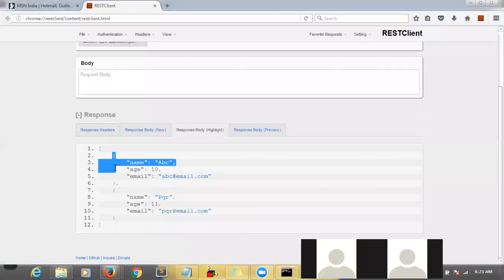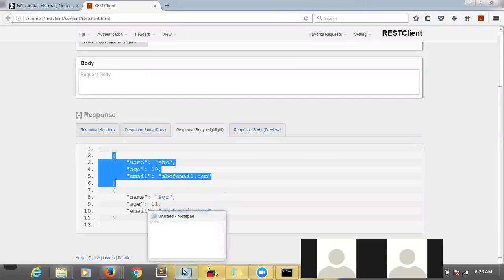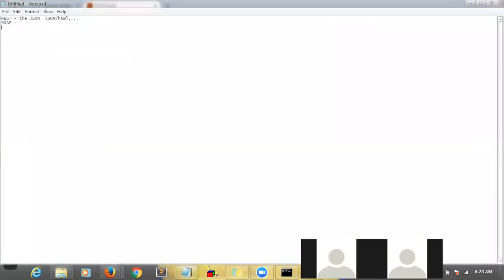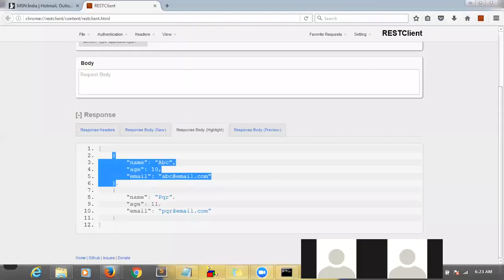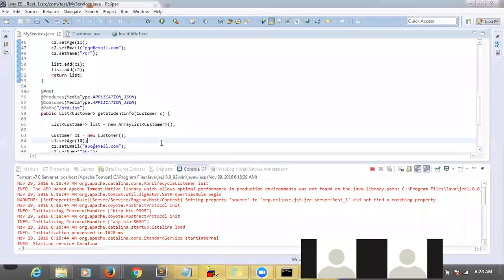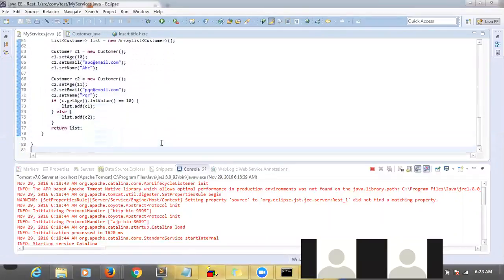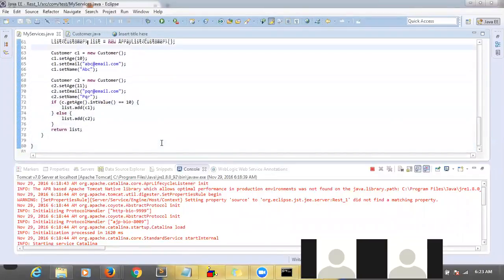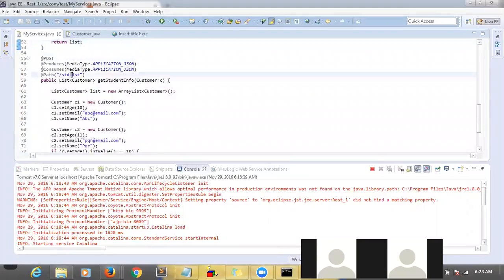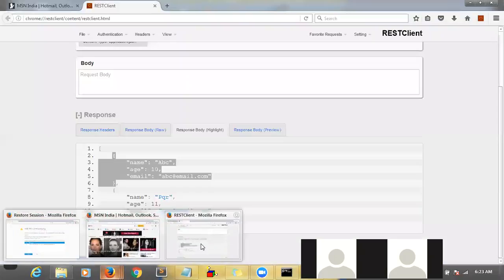So this is one of the sample customer inputs. Just copy this one. We need it for our testing purpose. Just paste it. Now we are going to test our last service. Our last service name is student list, correct? And it will take one of the sample customer inputs in JSON format, correct? So now let me change the service name to,